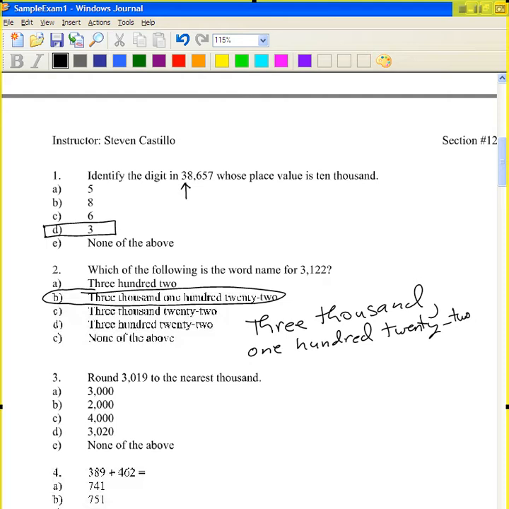Round 3,019 to the nearest thousand. Okay, so I have here 3,019. The thousand is at the threes digit. I want to round to the nearest thousand. The digit immediately